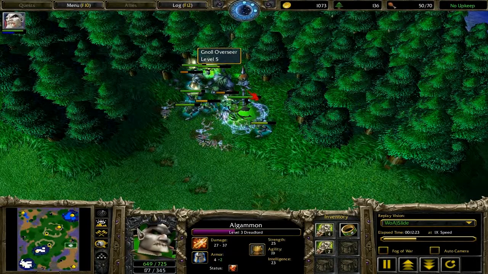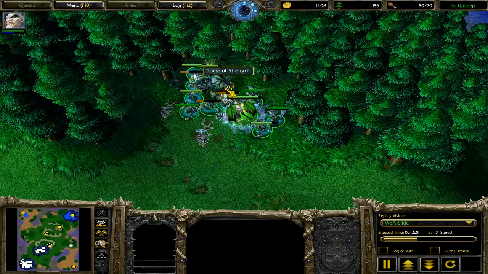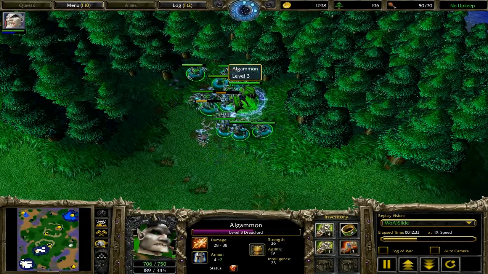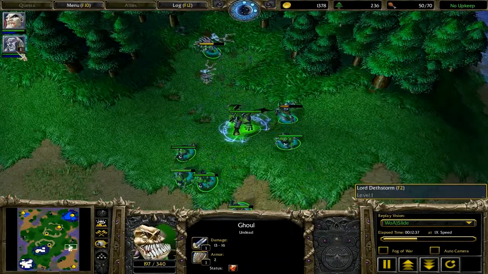Now, the Dreadlord actually makes for a really good creeper, you know, in this kind of situation, because with Sleep and with Rods of Necromancy, you can just tear through these creeps very, very quickly. So, generally I get him to around level 4 before I get my DK out, but...